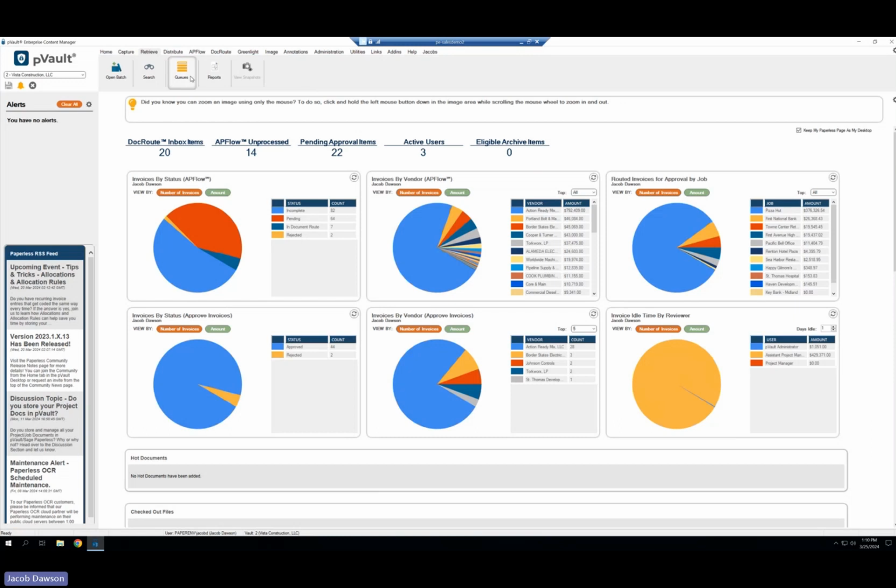But our queues also are able to be locked down and privatized by an individual user. So I could have my own personal queue, just like I have my own personal inbox. If somebody on this call had to send me a document for me to personally see and save in the system or manipulate, they could send it to Jacob's queue on their own. From here, we also then get into our